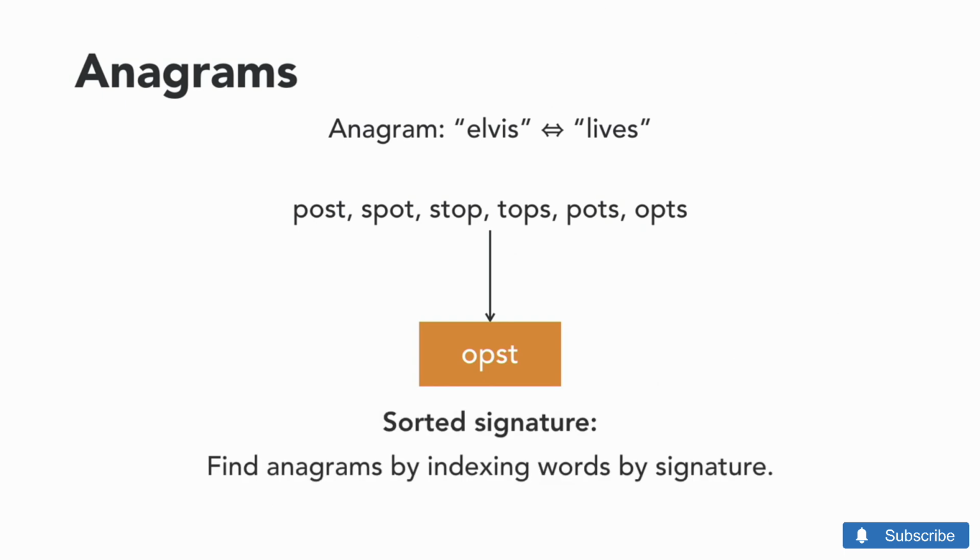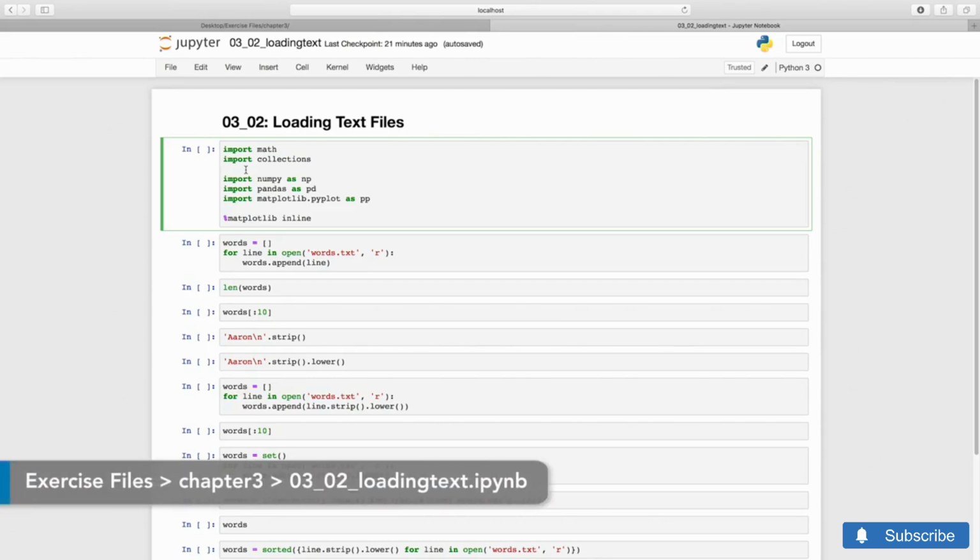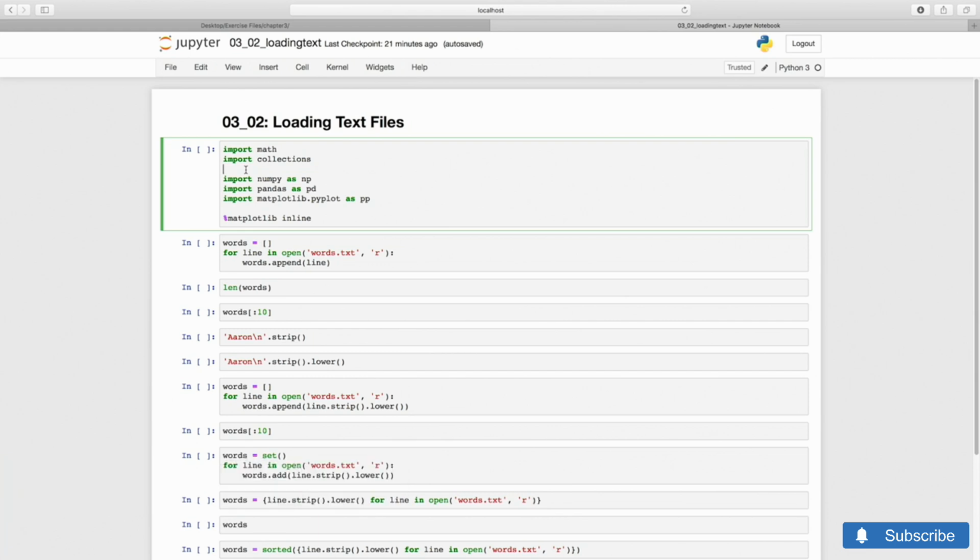We're going to make a Python dict of all the words in a dictionary, indexed by signature. And then to find out if a word has an anagram, we will just compute the signature and look it up in the dict. Let's begin. We begin by loading a list of words from a file. Your exercise files already contain a list that we can use as an example. The file is words.txt and it sits in the same folder as this Jupyter notebook. That file is in fact the 1934 dictionary that is distributed with many Unix systems. If you wish, you can find a better one and use that instead.